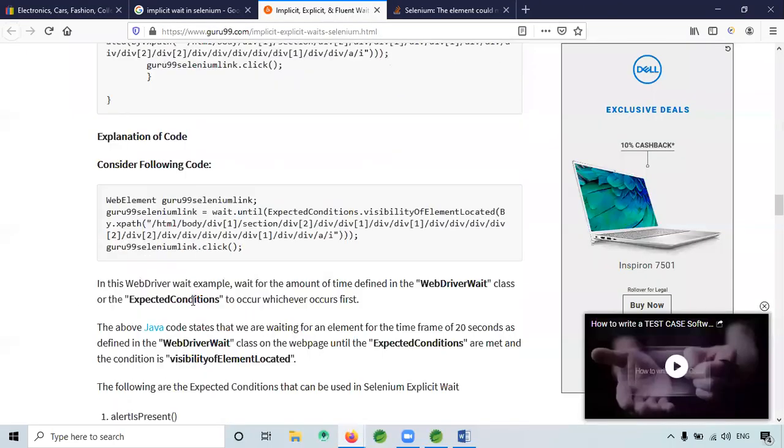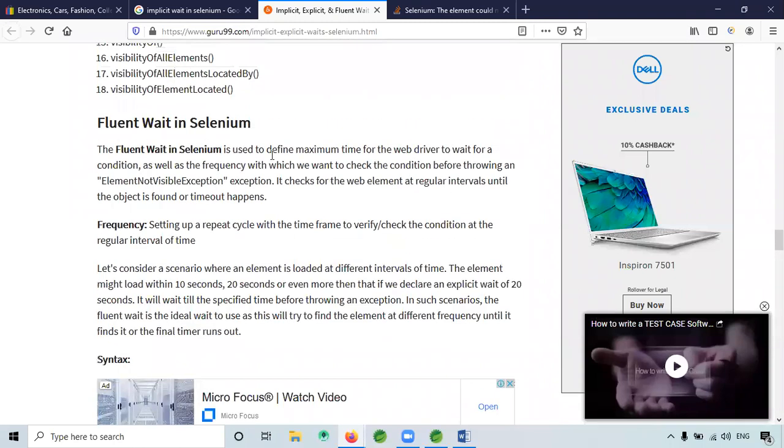So let's see what is mentioned on the website. It is used to define the maximum time for a web element to wait for a condition, as well as the frequency at which we want to check the condition before it throws the element not visible exception.